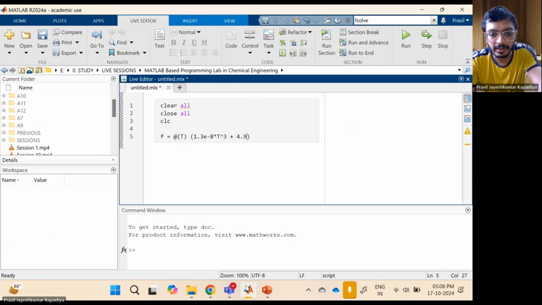So I can write 4.9E minus 5 into T square,